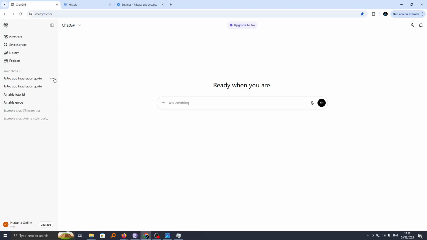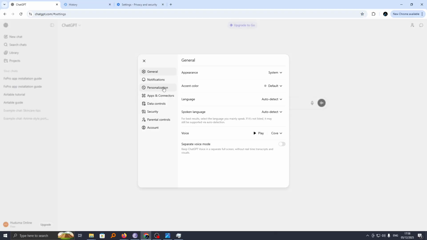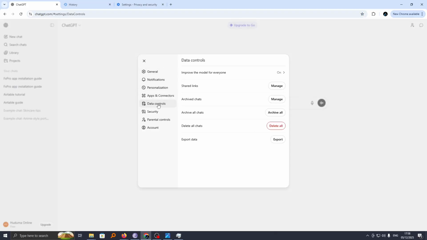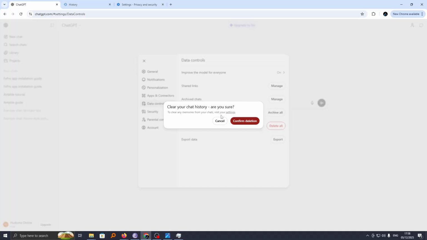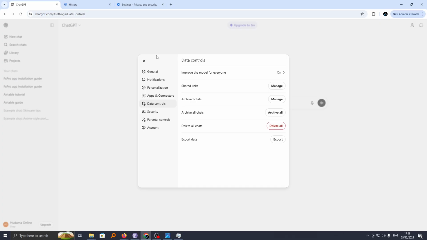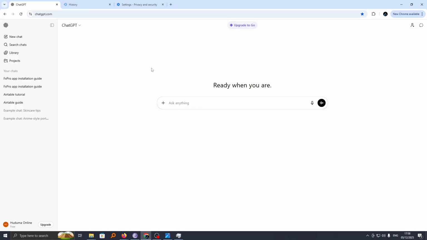ChatGPT memory. If you have so many of the charts here, instead of deleting one by one, you can still go to your account down here and choose settings, and under this just choose data control, and under this you'll see we have delete all charts, and by deleting all charts you'll be able to free data on your ChatGPT app. So by following any of these methods, now your ChatGPT account or program should be up and running without